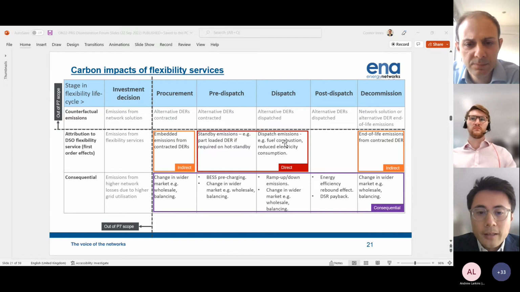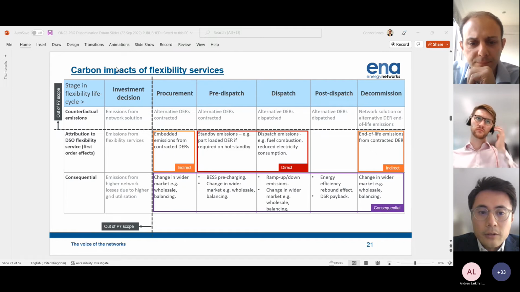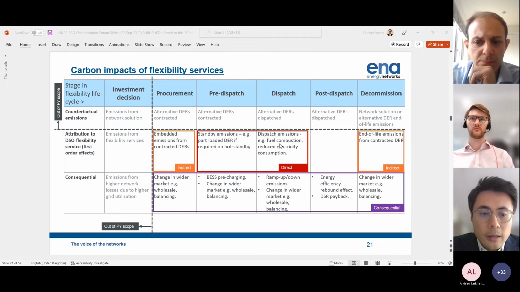Dispatch, which is when the energy is requested and delivered. Post-dispatch could be when the demand-side response rebounds to recoup the energy that was delivered, and then decommissioning is kind of the end of life at the end of the resource's lifetime. So it's important to point out here that product 7 scope is to look at the outturn carbon impacts